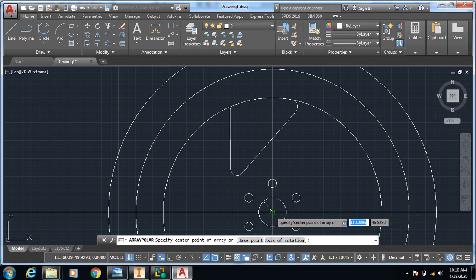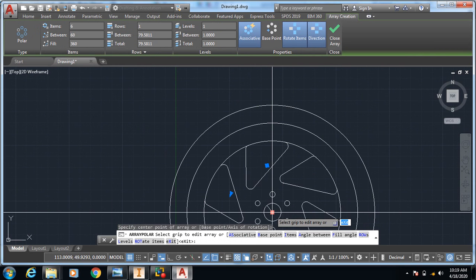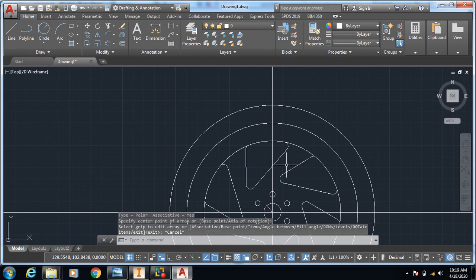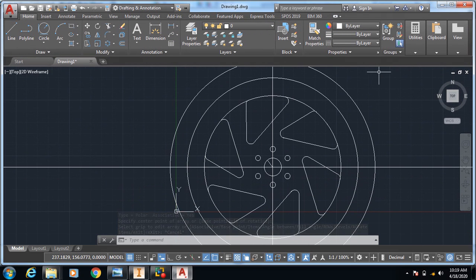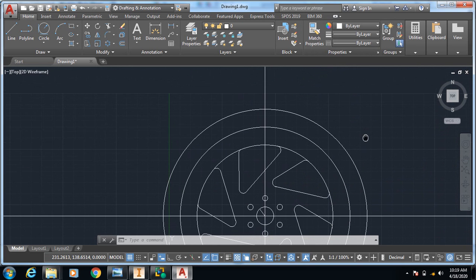Take the center here, click here. Now friends, here press ESC. Here you can see we have almost done with the internal geometry. Now let's come to this point, take another line command.